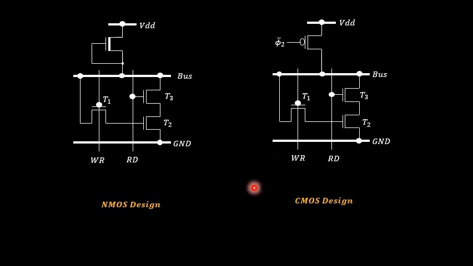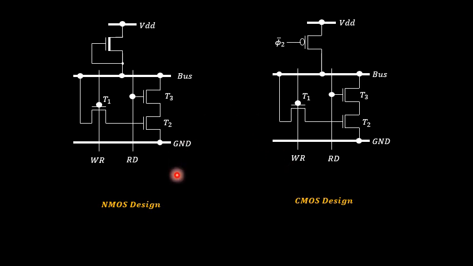So let me now first explain why it is called a 3-transistor dynamic RAM cell. As you can see here, the pull-down part in both the circuits is mainly responsible for performing the memory operation. In the pull-down part, you have three NMOS enhancement type transistors in both cases. Since it has three NMOS enhancement transistors, we call this circuit a 3-transistor dynamic RAM cell. Now let us start with the explanation of the working operation of these two circuits.